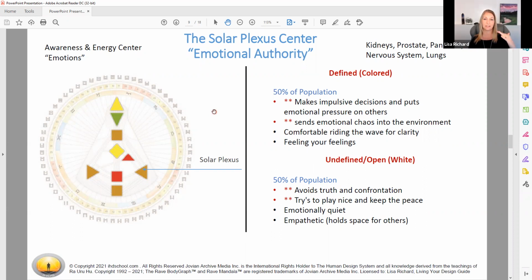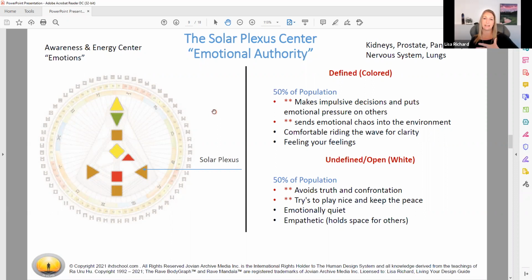So what we want to do is try to find that place of balance. Before you make any decisions, try to find the equilibrium, try to find the calm, that neutrality. And that's not at 100%. That's feeling about 70% certain. So you're checking in with your body to see, how do I feel? And then for projectors, they're checking in with that emotional energy.